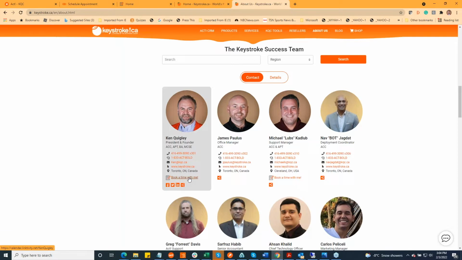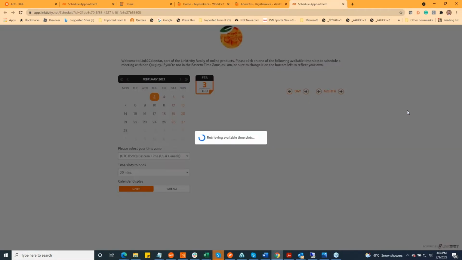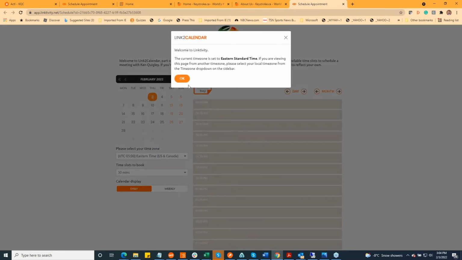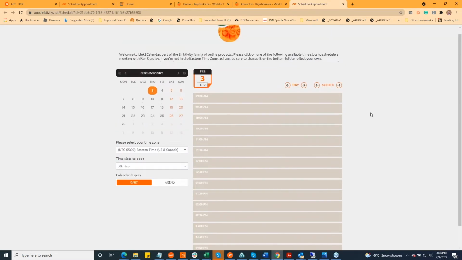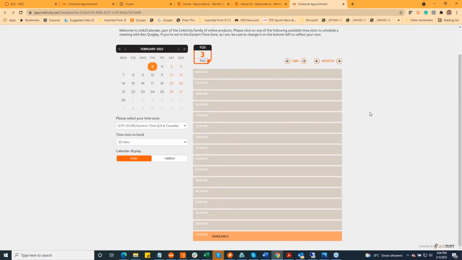When you click on book a time, the calendar pops up. When you first load the calendar, it is doing a number of things. It's launching the API and connecting to your database. That's why we've got this little spinny wheel. Obviously it's towards the end of the day, so there's not much available here, but it's going to log into the database. Even though it may take maybe 5-10 seconds, that's the longest delay you're going to experience, because once it's logged in,